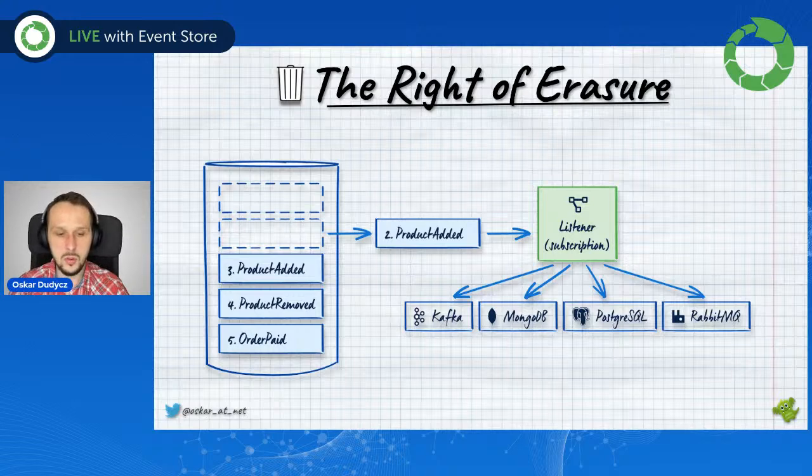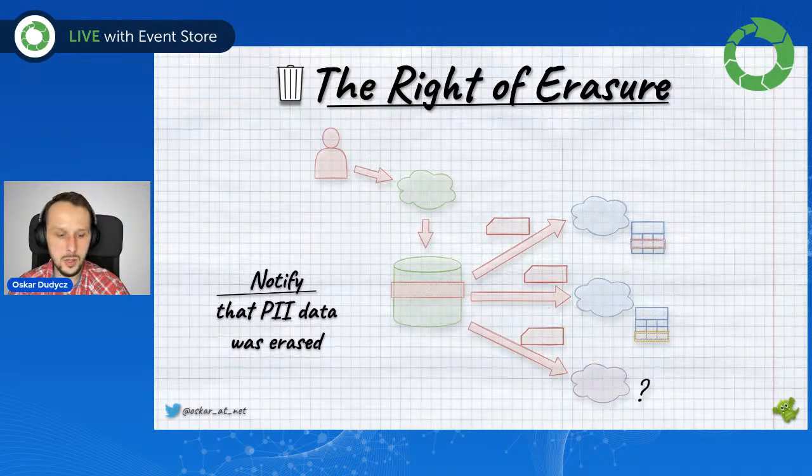And even if we are not using Event Store DB, even if we are using a regular database, then quite often, if we are doing a microservice approach, an event-driven approach, then we are also publishing data or exchanging messages between systems. And after we publish those events and someone gets them, we are already losing control over that data. So the most common idea on how to deal with that is to publish information to other services about the erasure: that someone requested that we erase all of the information and data that we keep inside our system. So we should publish this event, and all of the downstream services should handle it and clean up all of the data